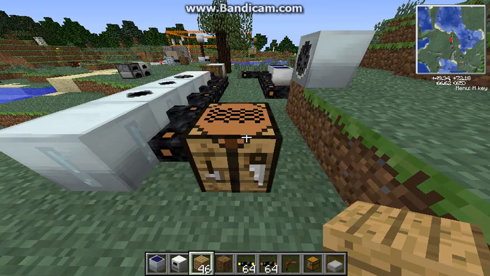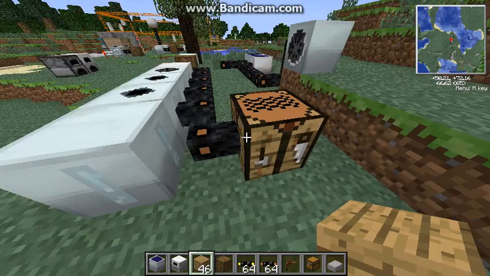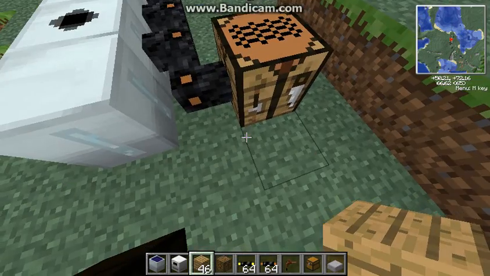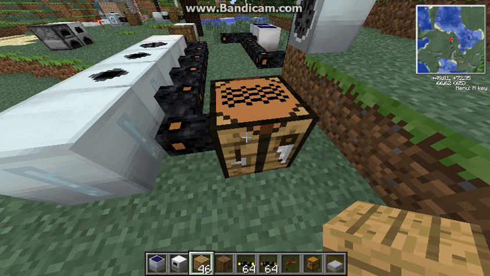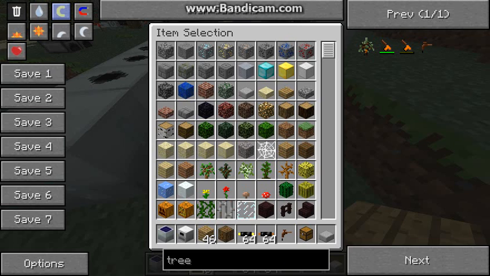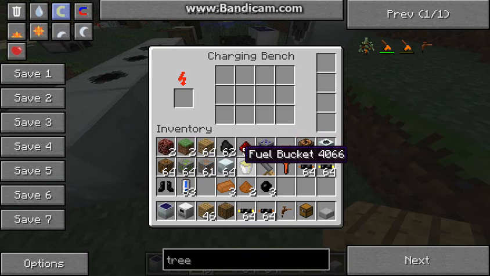And then there's this thing at the back, which is a charge bench. My FPS just dropped massively. I'm not sure why. This is a charge bench. This is Mach 1. There are 3 different levels. So you can have a charge bench Mach 1, 2 and 3, and this will charge up your electric tools,